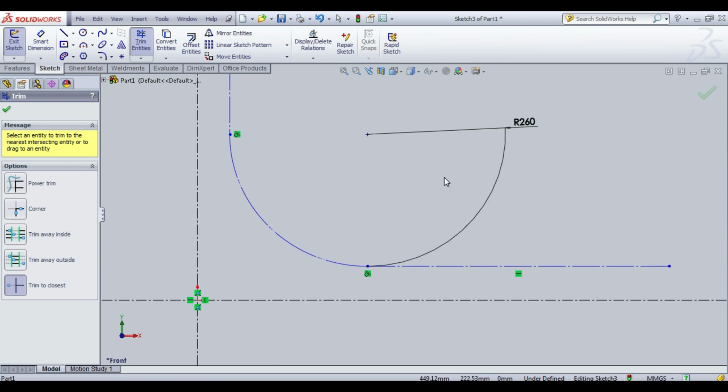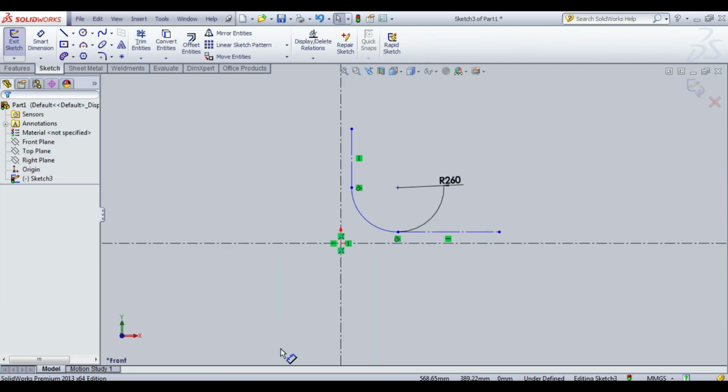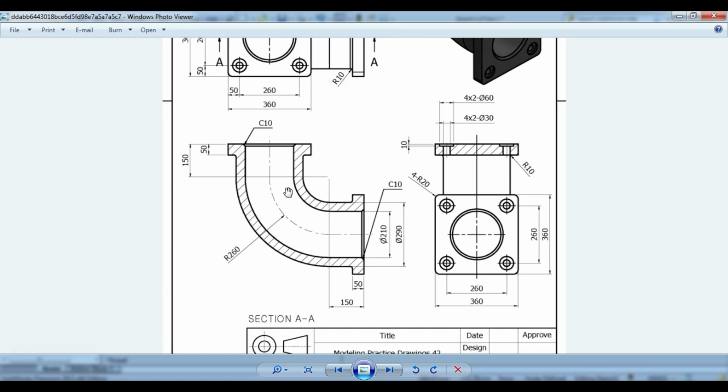After that, go to the diagram. In this diagram it gives the dimensions for valve length, I mean pipe length. First, in this line dimension for 150 mm.